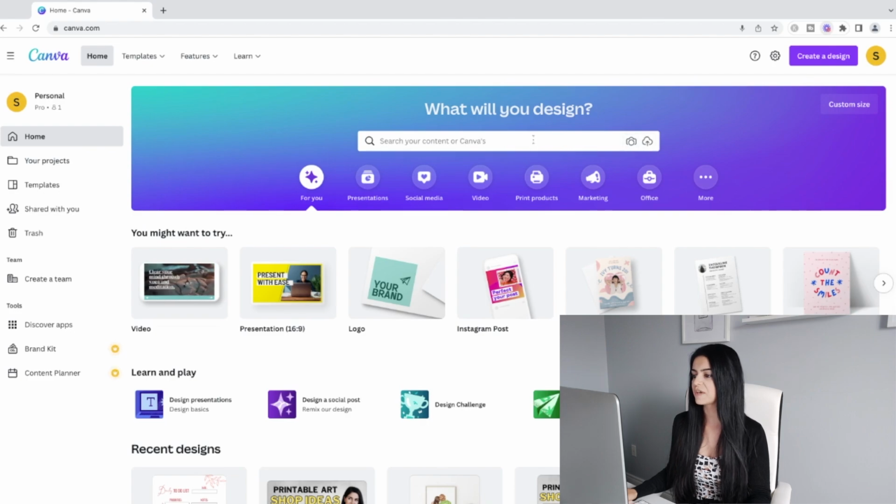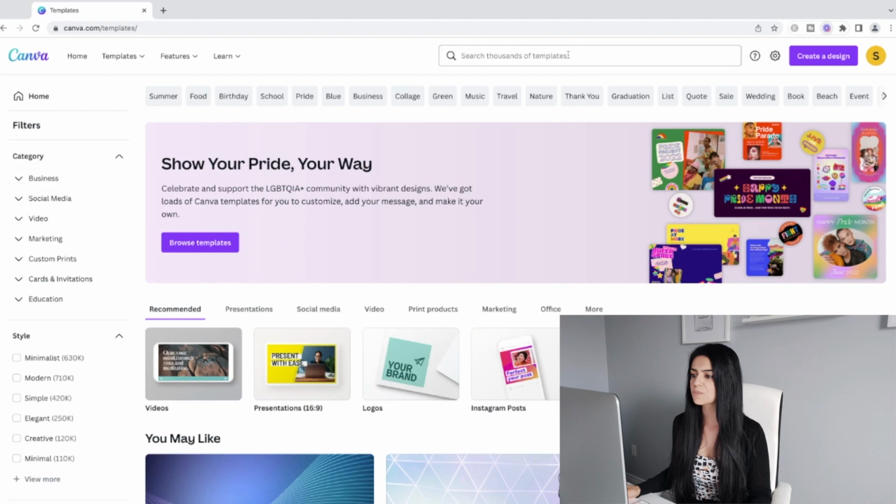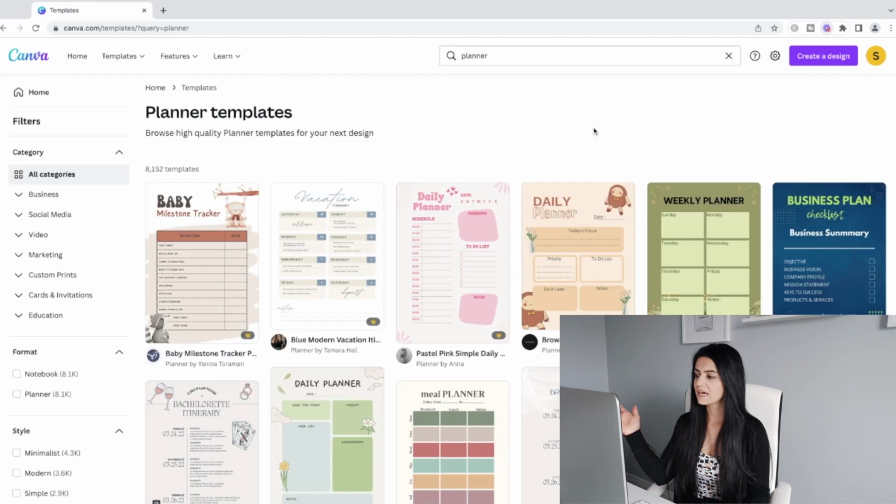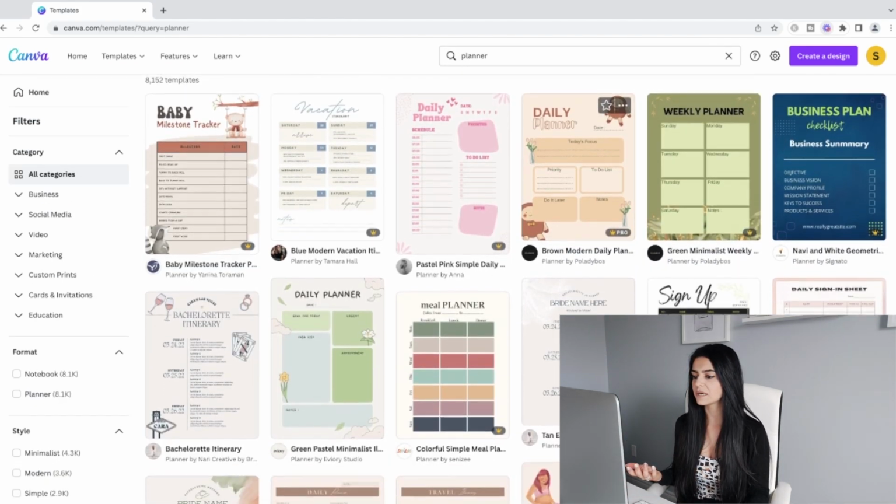So on the homepage of Canva, I'm going to click on templates right over here, and in the search bar, I can type something that I'm thinking of creating. So I can type in something like worksheet, workbook, ebook. In this case, I'm going to create a planner sheet. So I can just type in planner, and Canva pulls up all of these planner templates that I can work